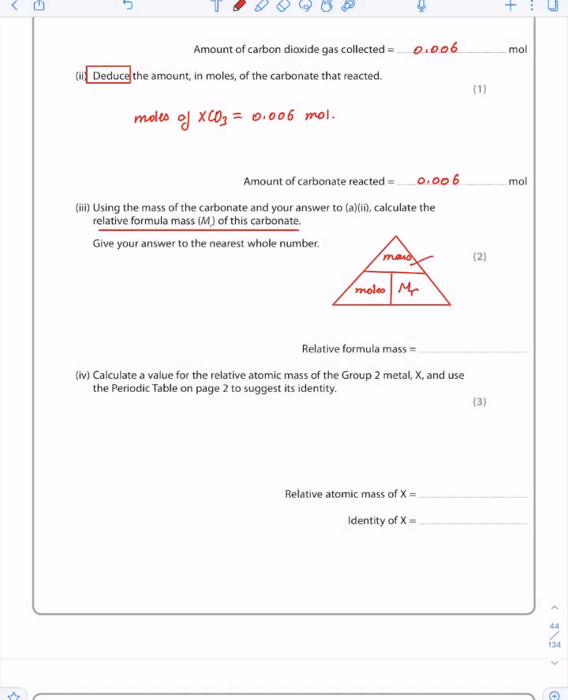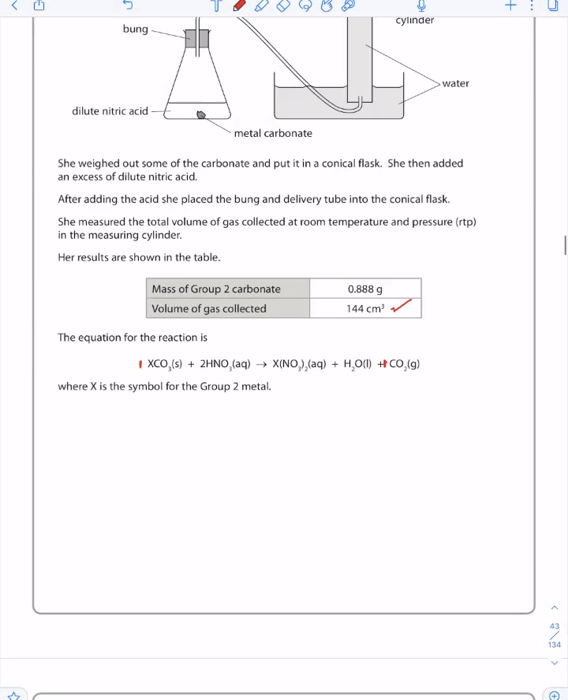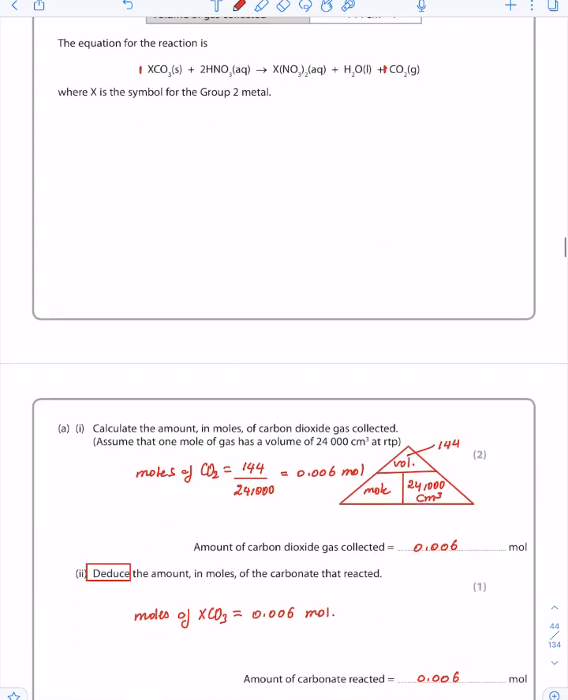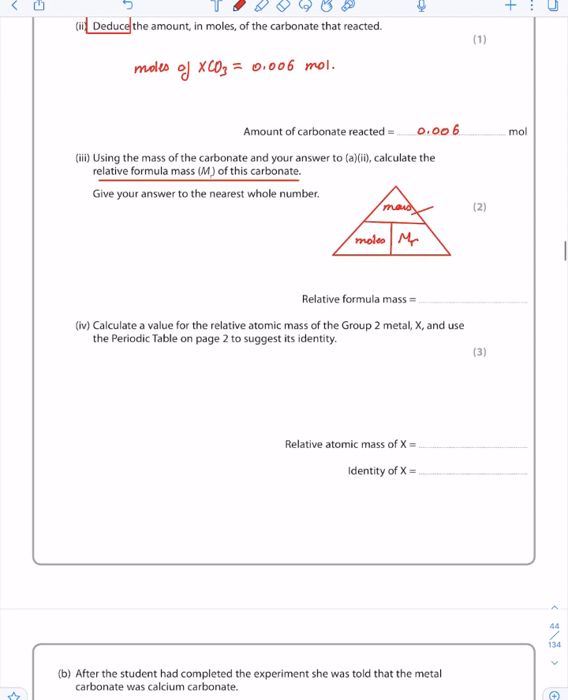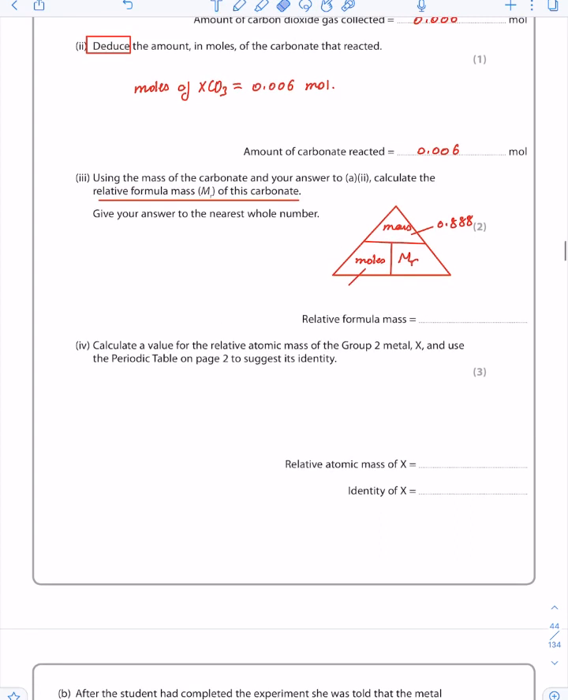طيب أنا الماس عندي كان في التيبل ورا بكام؟ ب 0.888. يبقى أقدر أقول هنا إن الماس ب 0.888. طيب المولز مطلعينها من دبل اي 0.006. يبقى المولز 0.006. يبقى الام ار بكام؟ يبقى الام ار is equal to 0.888 divided by 0.006. ده يديني كام؟ ده يديني